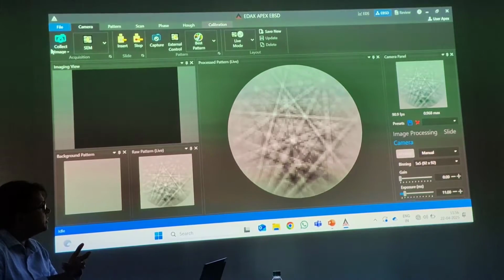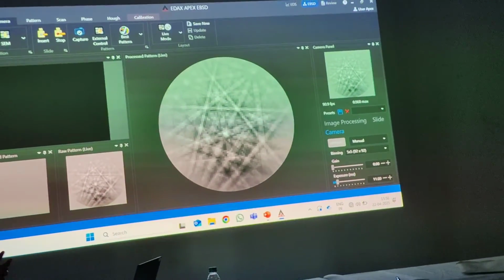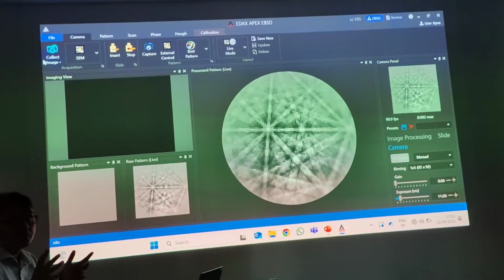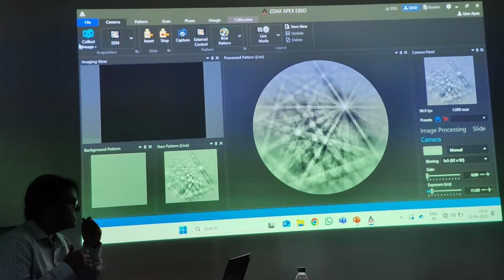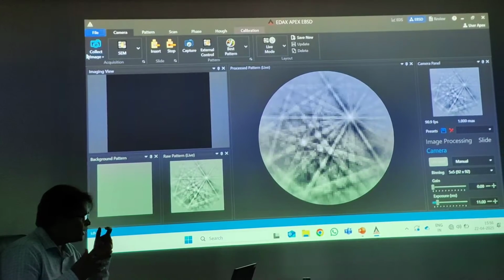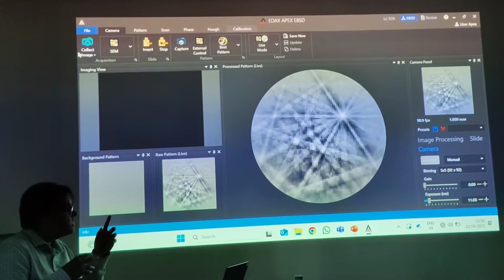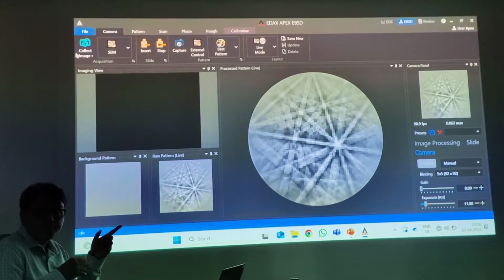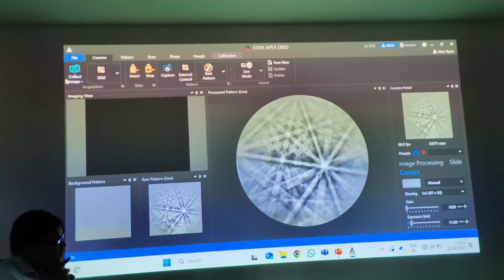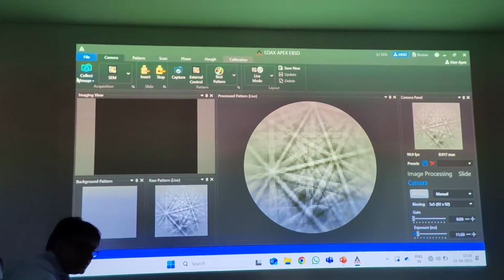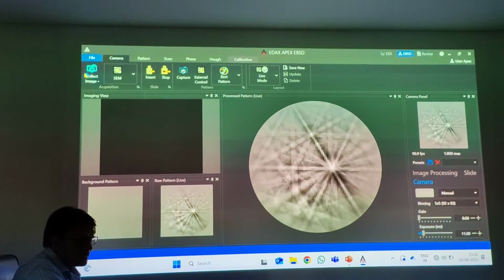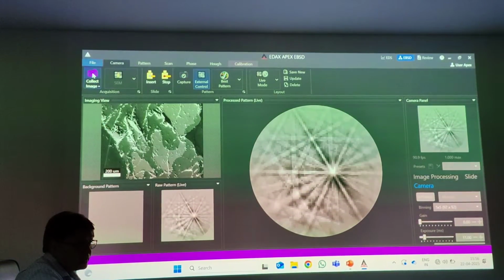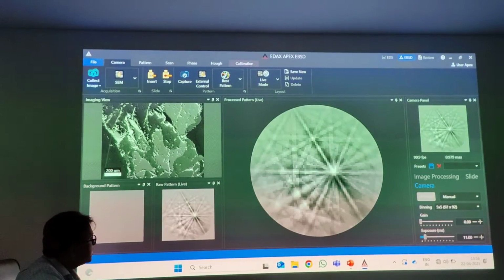In case of regular SEM imaging, you might go for a lower aperture size, around 30 micron or so. But for EBSD, typically you want more beam current to generate these kinds of patterns. Typically you will go to 60 micron or 120 micron, and there is a high beam current option. You can enable that option also to get more beam current out of your SEM system. So once you are okay with the SEM parameters, then you can collect the same SEM image into this EDAX software or Apex software.